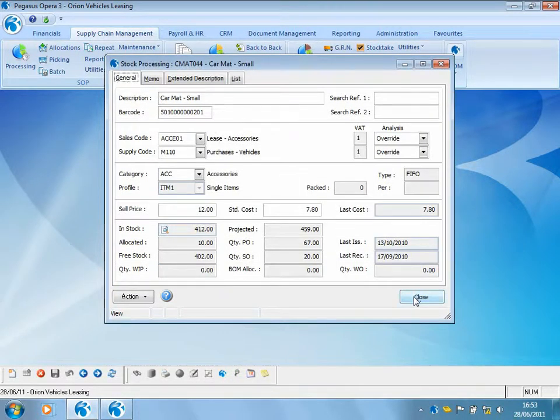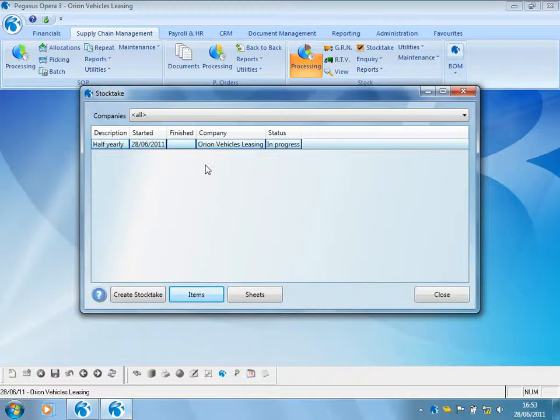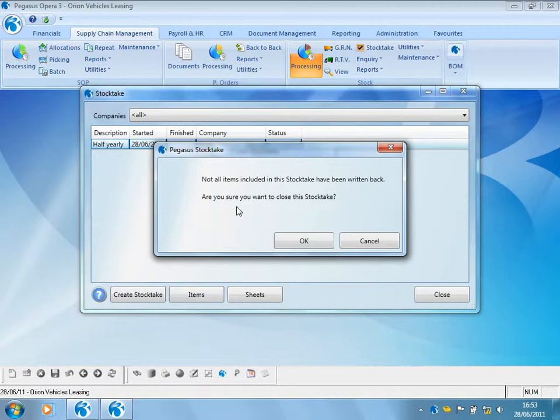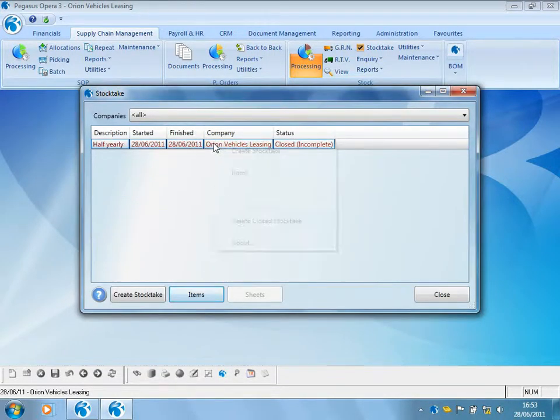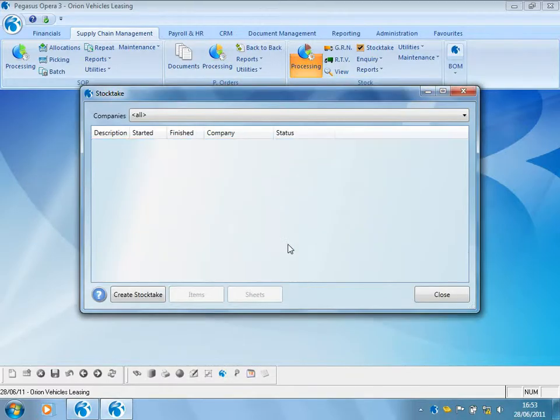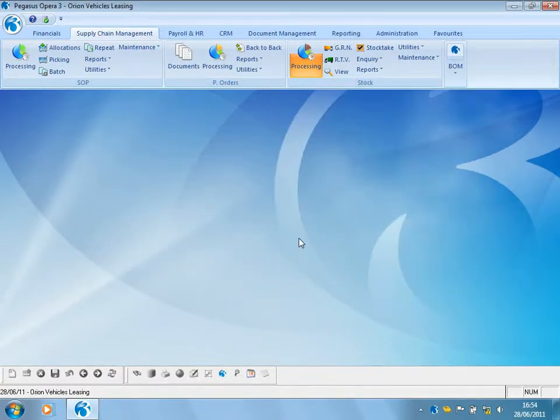What we could do, let's go back to the stock take. We know that we didn't complete the stock take because we didn't go through and count the large car mats. So I might want to close this stock take off, and then I could go through and delete it as well. Stock take also caters for serial and batched stock items,